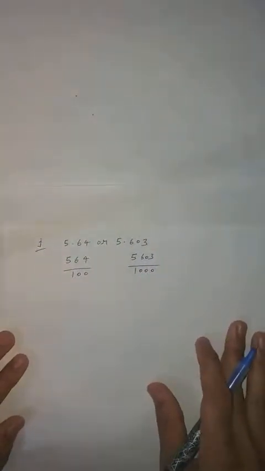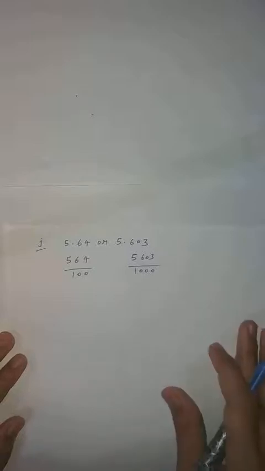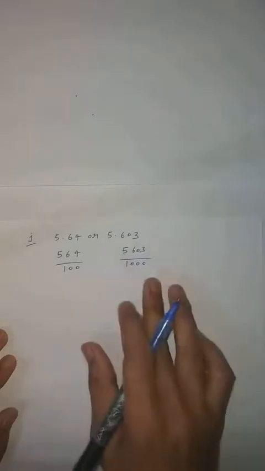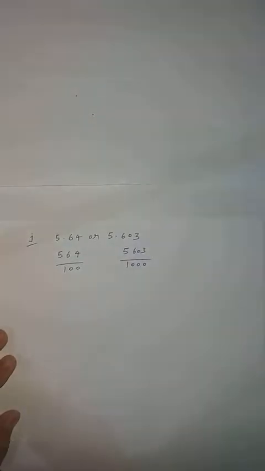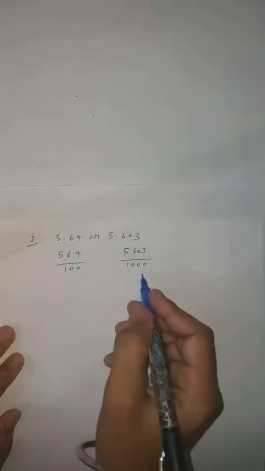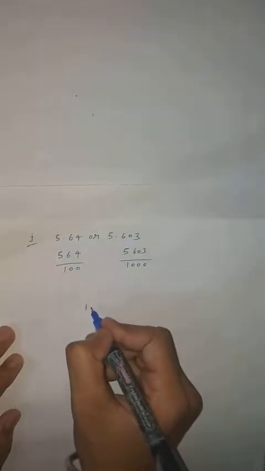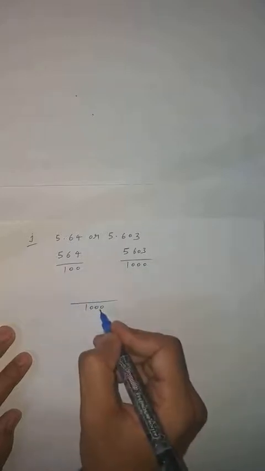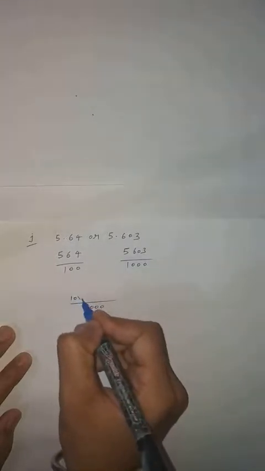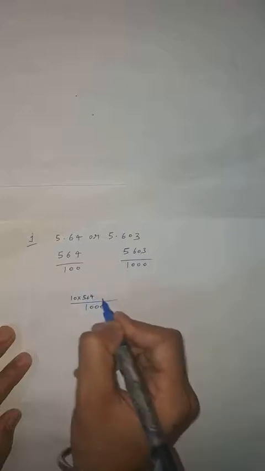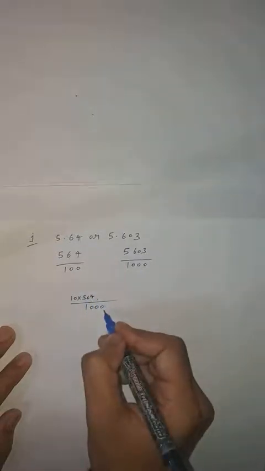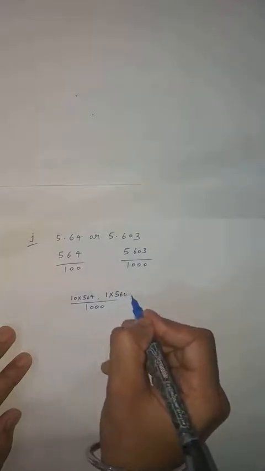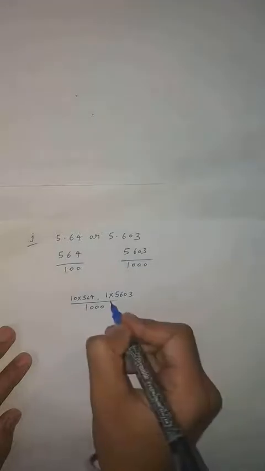After decimal 1 digit, so you will increase only one 0, and why it is coming I explained in previous videos. Okay, so now you know the LCM of 100 and 1000 is what? In the previous question we discussed, 1000 was coming. Now 1000 divided by 100, you know it will come 10, because in the previous question also we discussed. Now 1000 divided by 1000 will come 1. So 1 multiplied by 5603. Is that clear student?